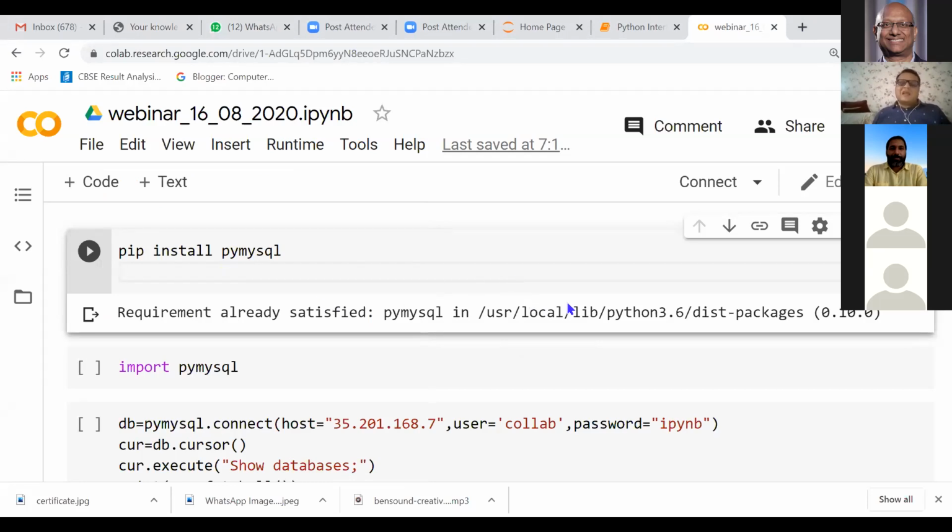This is like a Jupyter file, again an .ipynb file, which we create using Jupyter Notebook or Google Colab. Whatever you do in Jupyter, you can open here, and whatever you do in Google Colab, the student can share with you. The problem with Google Colab is that this is an online environment. So if the student is using this environment, he or she needs an internet connection every time.